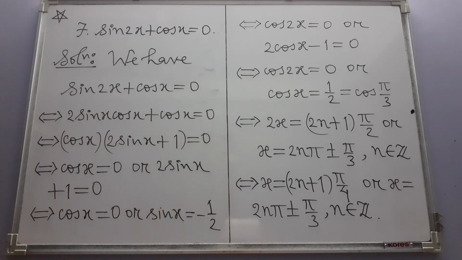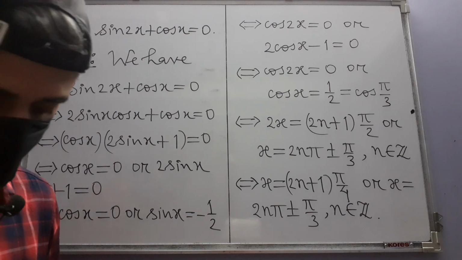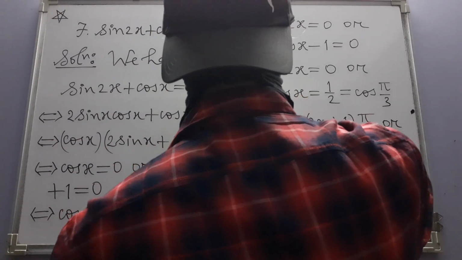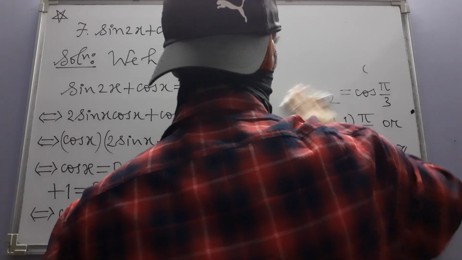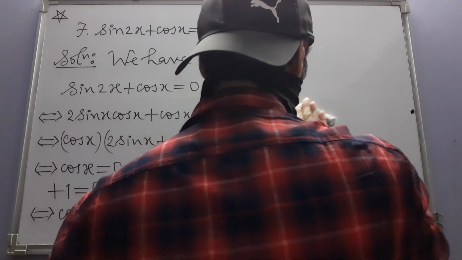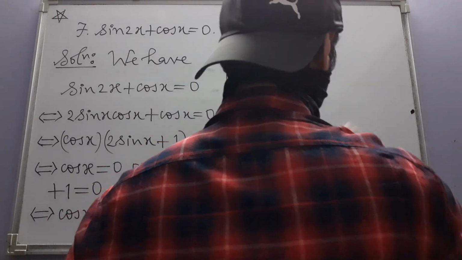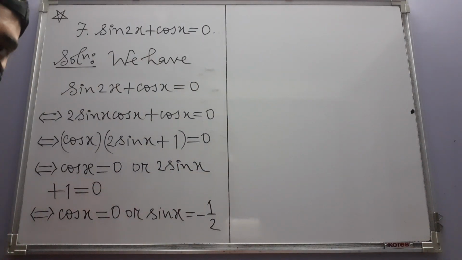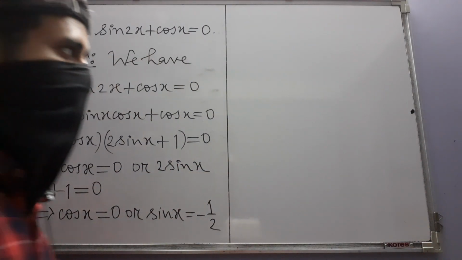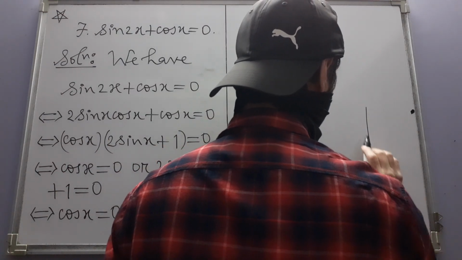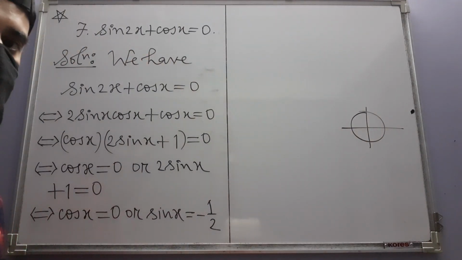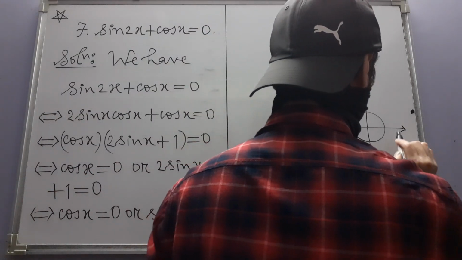Now here we have a negative value, and no standard x will give you a negative sine value. So you have to figure out which angle you can use here, for which again you recall the actual definition of sine. You have your unit circle centered at the origin of your coordinate system,